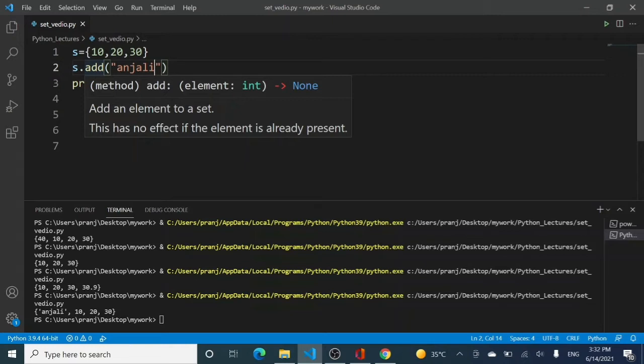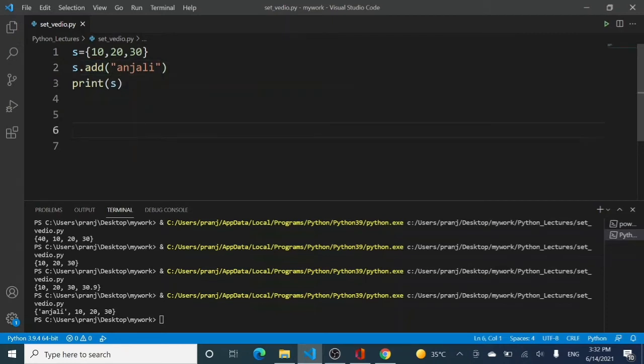We will be discussing the difference between method and function in a later section of our Python series, right? So we have to write this add method again and again. To overcome this difficulty, there is another method with us, that is the update method. So let us go back to our slides and see what it is.